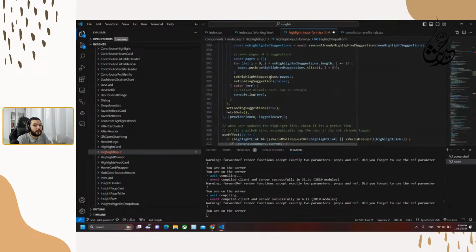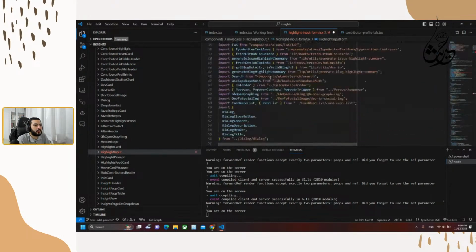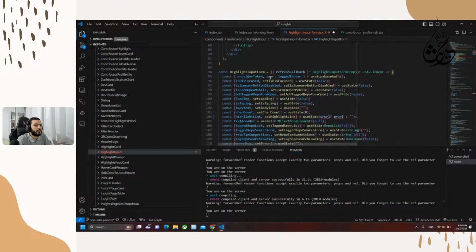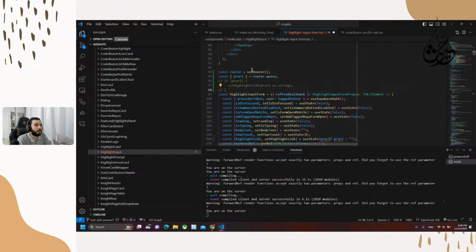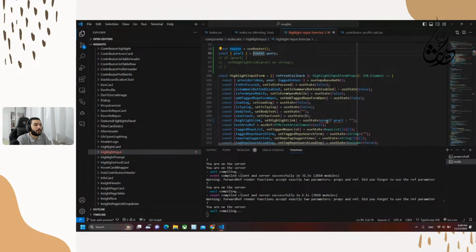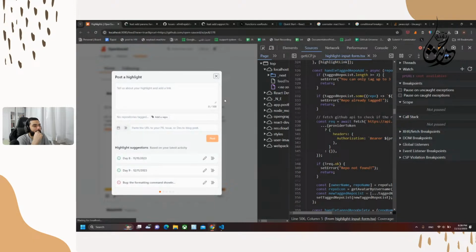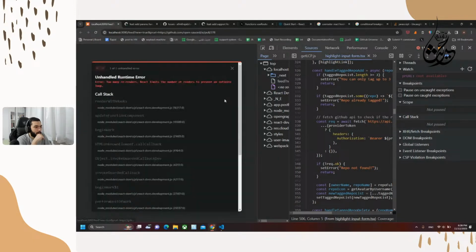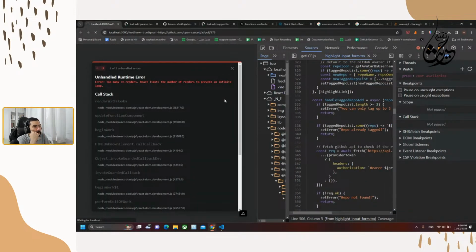I'm not sure if this is the best practice here. So here we have declared it first, then we are using it. Yeah, we still have the too many.